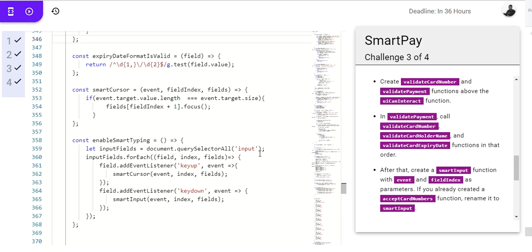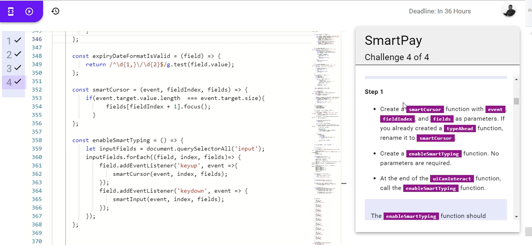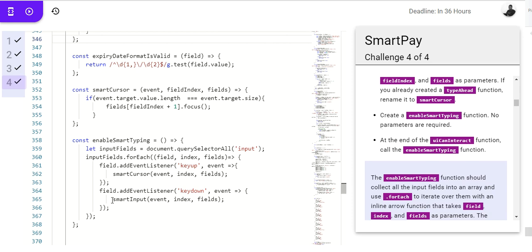Okay, welcome back. Let's talk about the smart cursor. Enable smart typing, smart input, but maybe if we can move to the next video if we can finish it. Now, let's go there. The smart cursor event is said, the enable smart typing function is to take up all the input